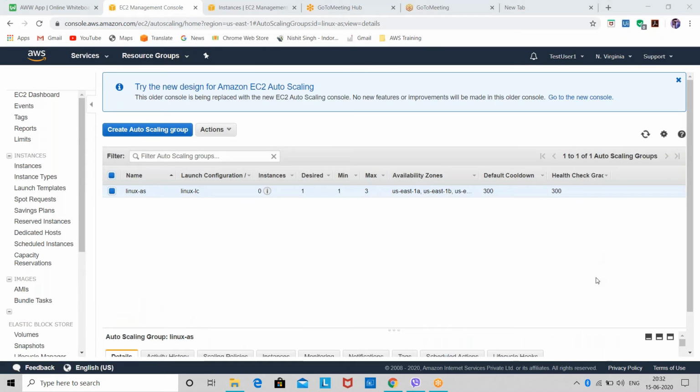So have you guys understood that? Because we have already created an instance before creating ELB and all. On Saturday we created ELB without the instance, but today we have created ELB with instance and auto scaling group with the same instance only. Okay, so let's wait.